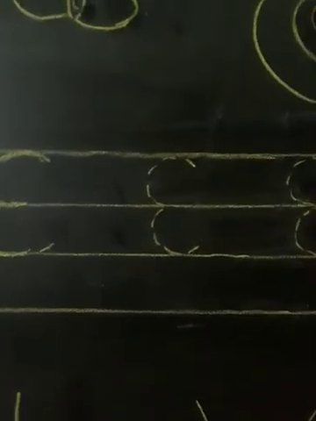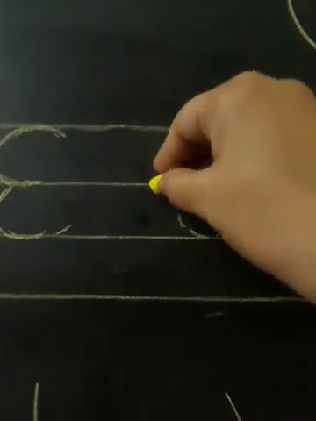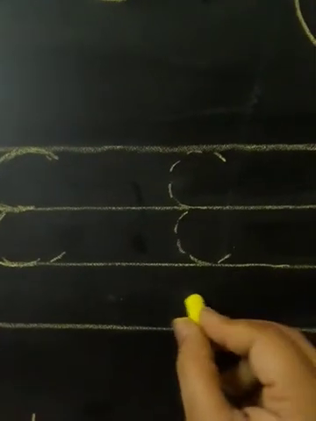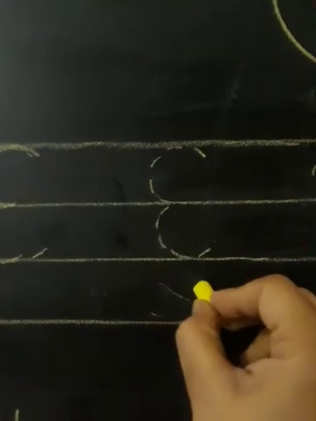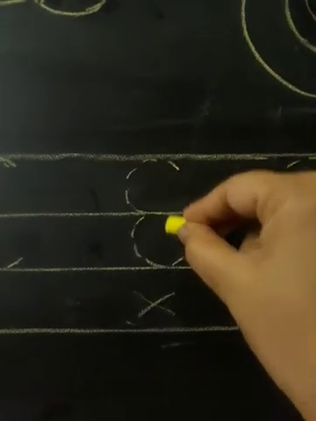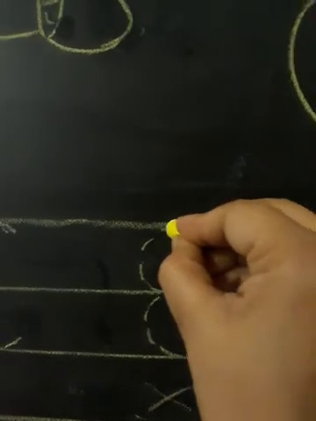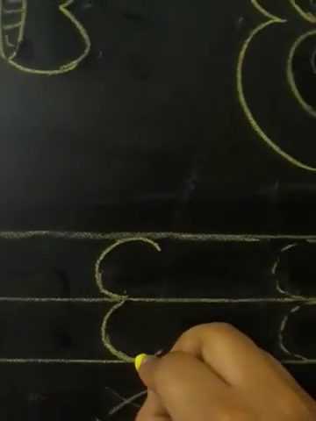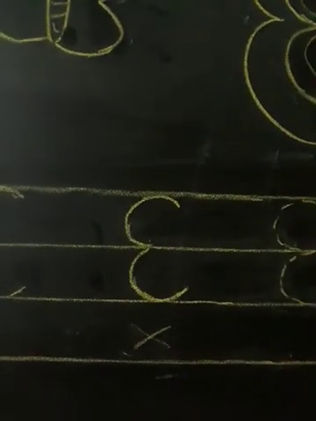Can you see this? Kids, you are having 4 lines in your notebook and also in your pattern writing. So we are not going to write on this line. We are not going to write on this line. We are going to write only on these 3 lines. 1, 2, 3. Okay, babies. Again, like this, then like this. It is so easy, right?